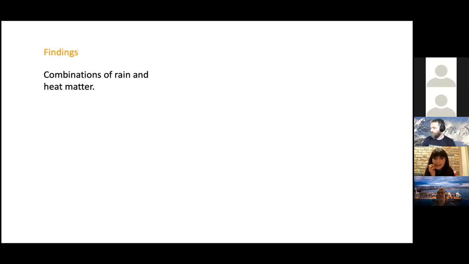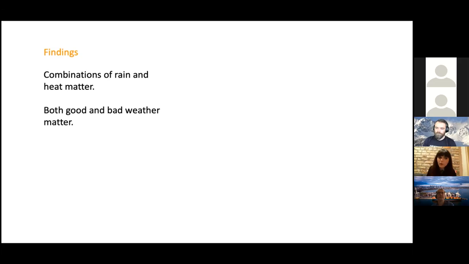Okay, so as I said, the thing that the farmer told us, that now it rains, but it's also hot at the same time, this combination turned out to be really important. We discovered that rainfall by itself and temperature by itself, changes in one dimension without changes in the other, does not create much of an impact. But when combined, when there's a sudden increase in temperature and drop in rainfall, that's when we see the migration response. So maybe this was the most important thing that we learned, that interestingly came from our field work.